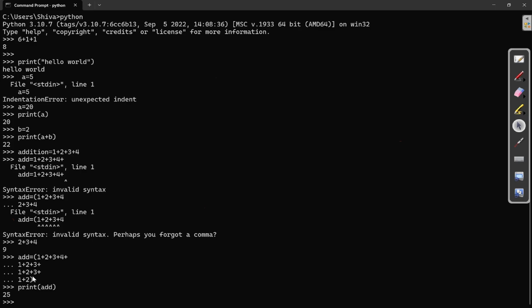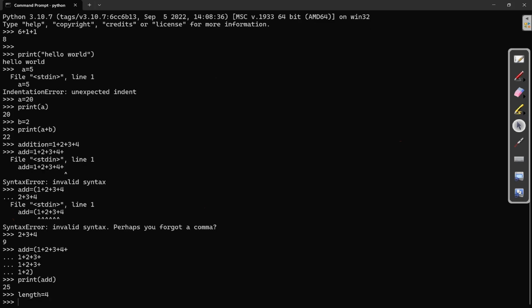Let's create a program over here for getting the area of the rectangle. Here I am defining a variable that is length. Length is taking the value 4. Then I am defining a variable that is breadth, that is taking the value 2.